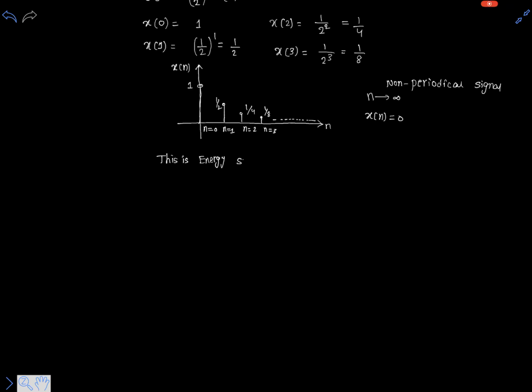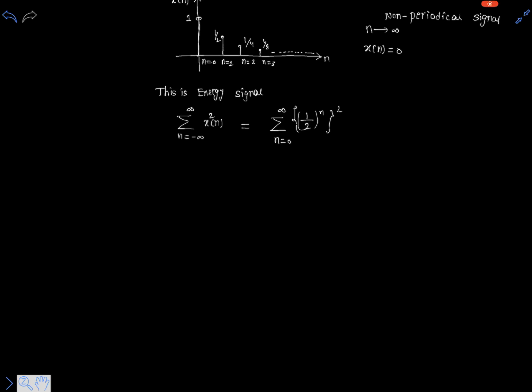However, let's calculate what the energy is. Actually, the energy is, by definition, the sum for n varying from minus infinity to plus infinity of x of n whole squared. So clearly, this signal starts from n equals 0 and ends at infinity, and x squared of n is nothing but ((1/2)^n) whole squared. However, the u of n term is removed because the lower limit of the summation is starting at n equals 0. So no need of writing u of n here,